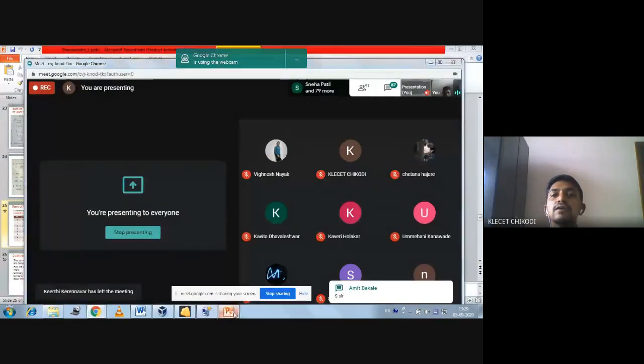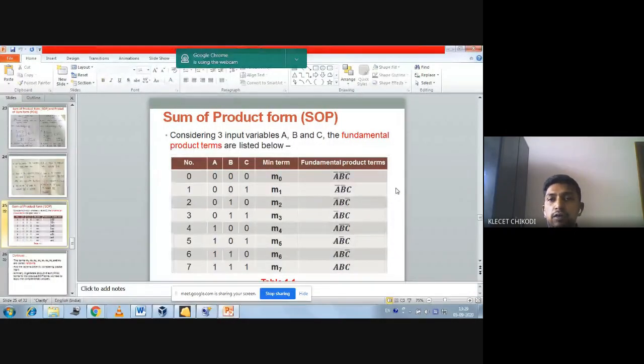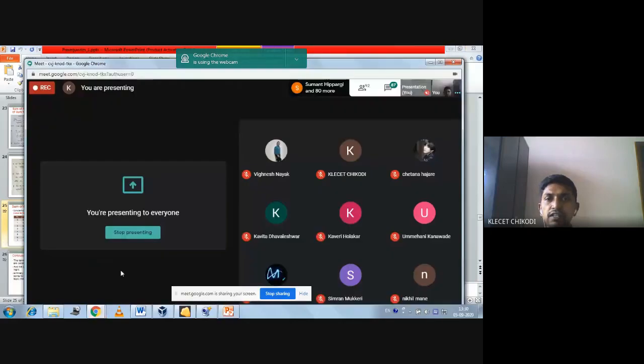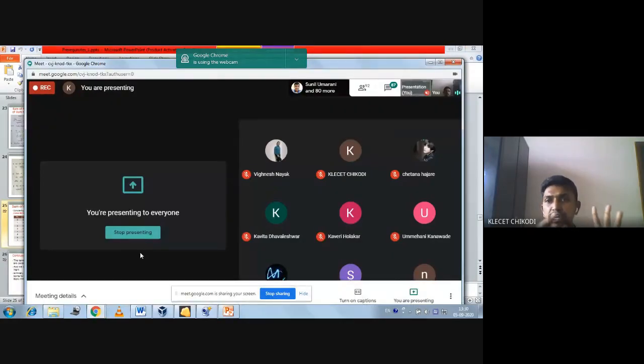Now this is how we'll write the fundamental product terms. Why we are calling these fundamental product terms? Because you can see that these are the product terms we are getting here. So that's why this is the SOP form or sum of product form. So this is how we have to write the fundamental products for any input variables. So consider here I have considered only A, B, C as the input, that is 3 input variables. So how many fundamental product terms I have got? 8. Fine. If I have considered only two input variables, that is x and y.